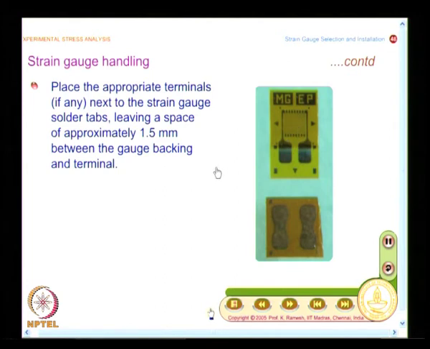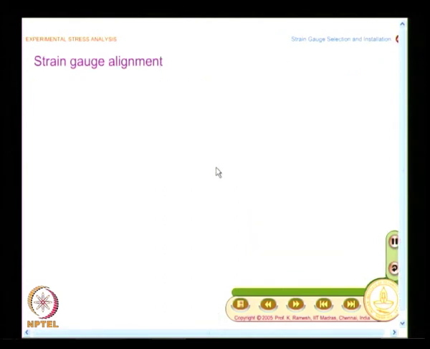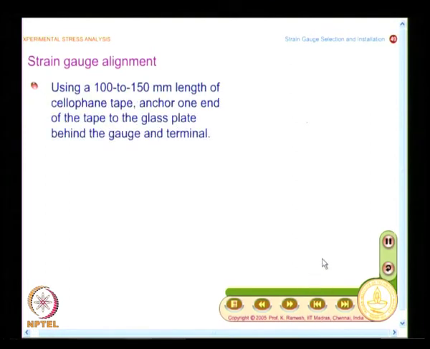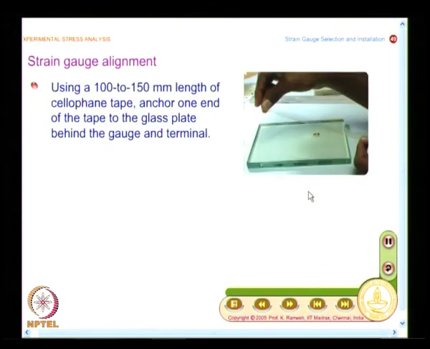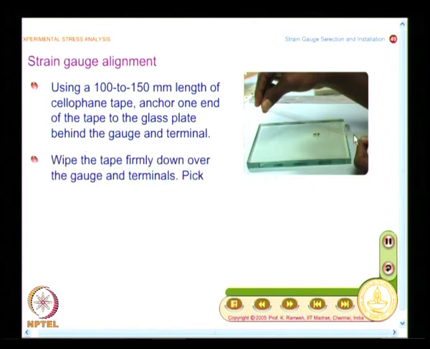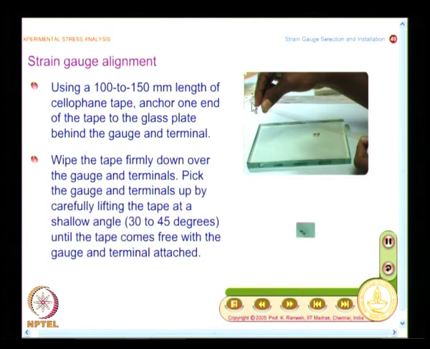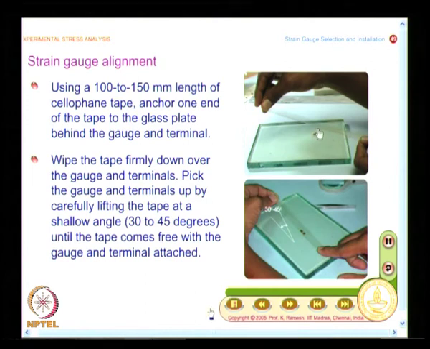the strain gauge, what you do is you take a cellophane tape and then paste it on the complete system. So, you have a long cellophane tape taken, and even this cellophane tape has to be approved by the strain gauge manufacturer, because the adhesive may interfere with the adhesive on the cellophane tape. So, you need to be very careful about that,